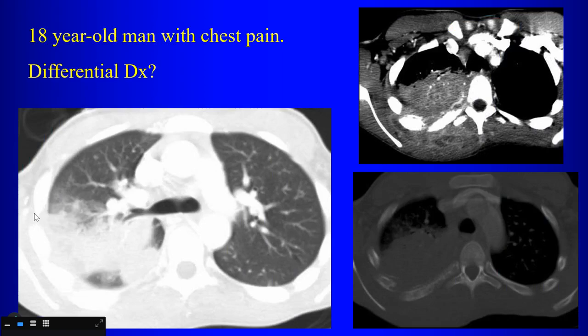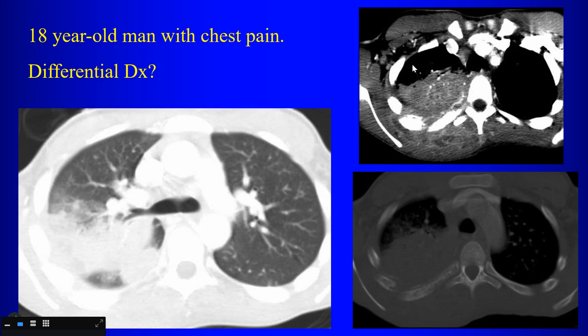But if we're talking about infections, what infections can involve the lung and can extend through the chest wall into the soft tissues? What are the infections that do that? TB, of course. What else? Theoretically, it is possible for any fungal infection, even aspergillosis. It is possible for those to do that, so they can involve the chest wall. But the classic infection to involve the lung and extend to the chest wall is